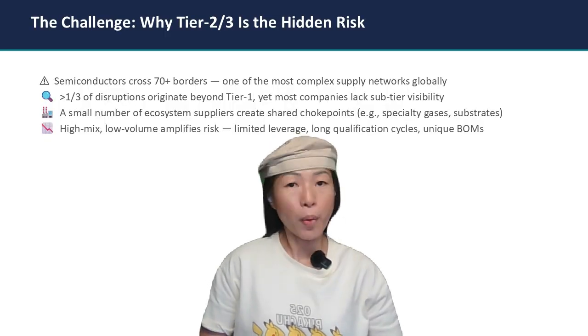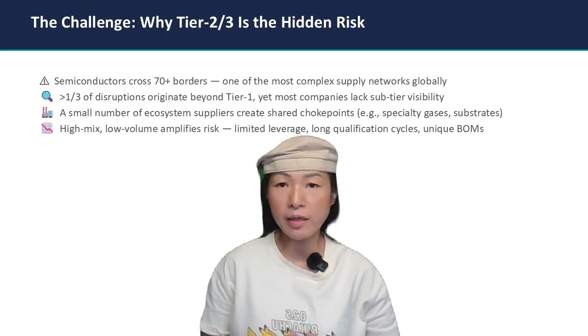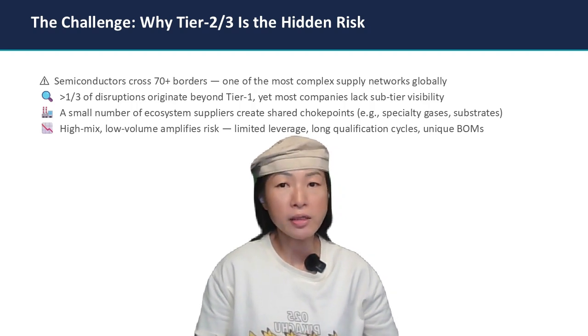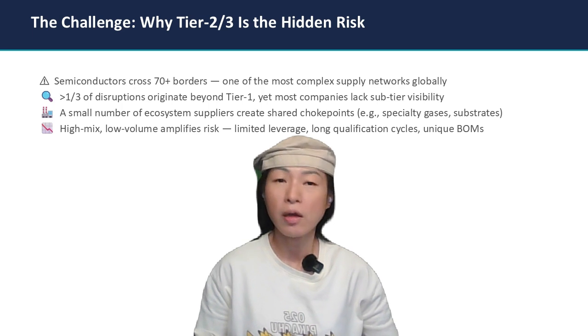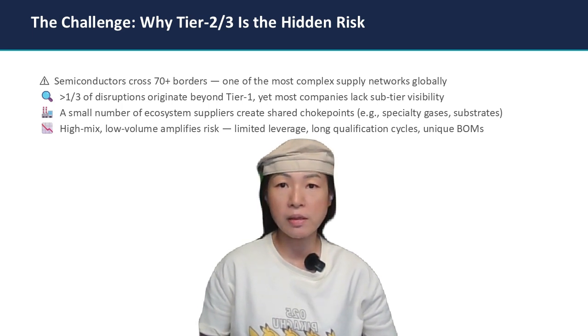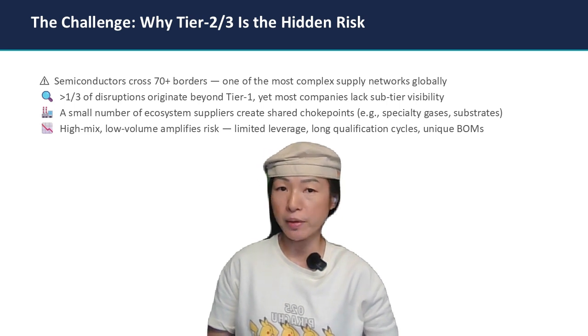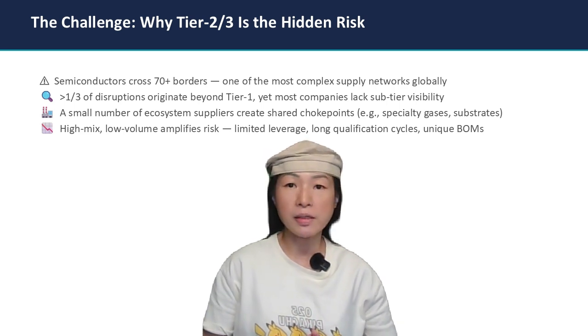Let me start with why this matters. The semiconductor supply chain is one of the most globally dispersed and interdependent networks in existence, crossing over 70 borders. Research shows that more than one-third of supply disruptions originate beyond Tier 1, in the deeper tiers that most companies